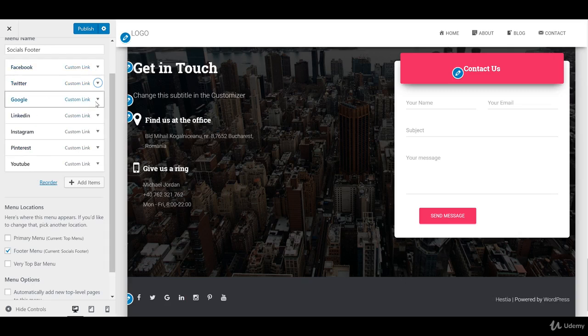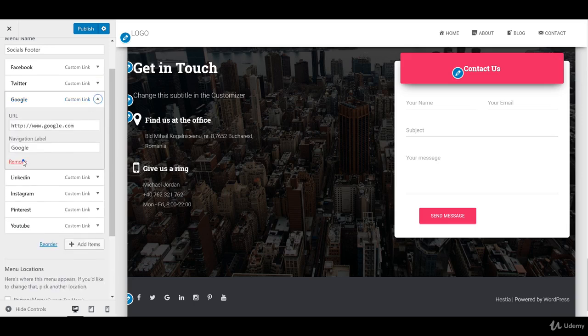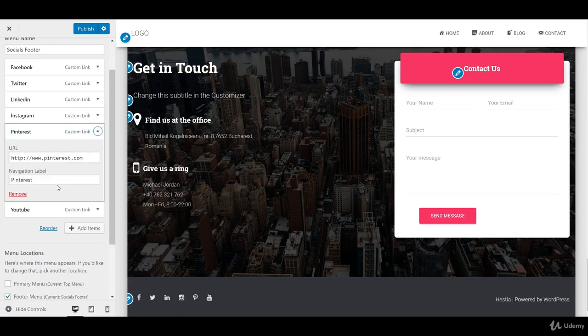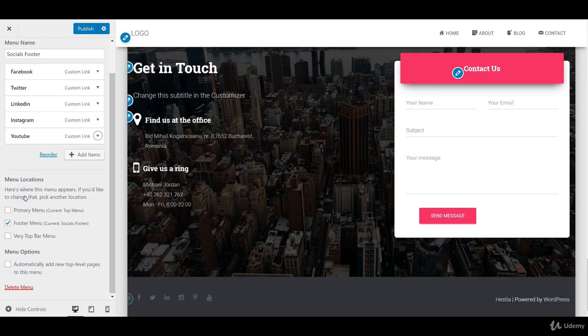So just say most people don't have Google Plus. It's just something that's not really used all that much. So just say you don't want to have that on your website. All you do is simply hit remove, and you'll see that section is now removed. You could go through, and maybe you don't have Pinterest either, so you can just hit remove on that, and all good. It's just that easy to remove ones that you don't think are needed, and then you just hit publish